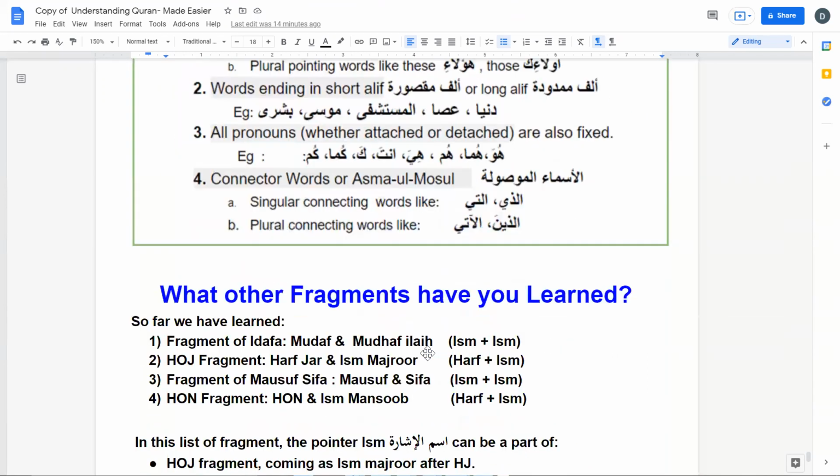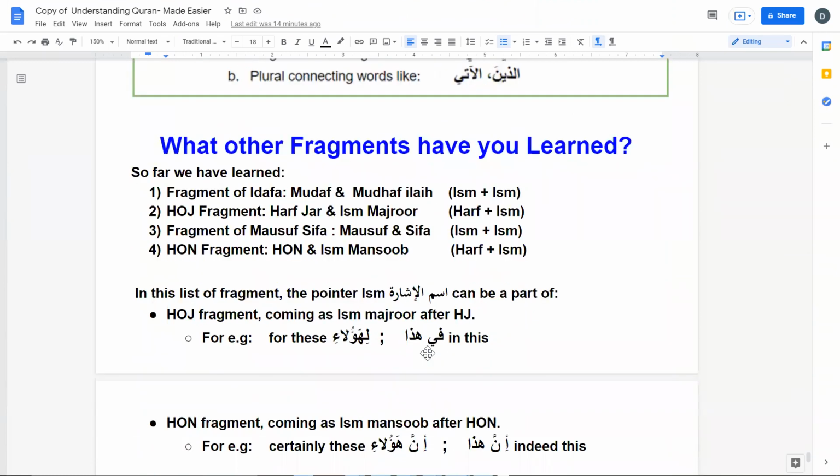And let's go to the pointing ism, ism ishara, in other fragments. So, okay. Alhamdulillah, we are doing lesson number 16, and so far we have learned fragment of idafa, harf of